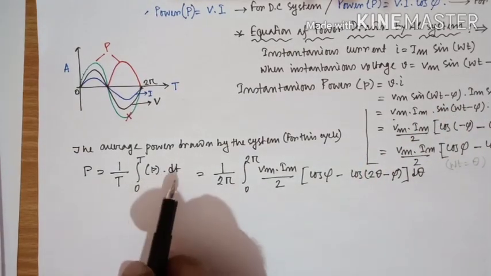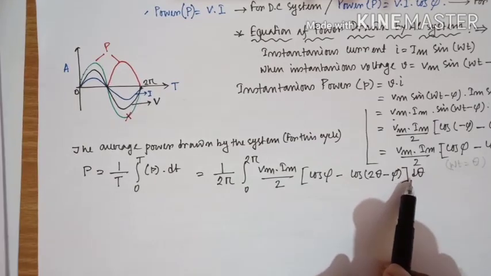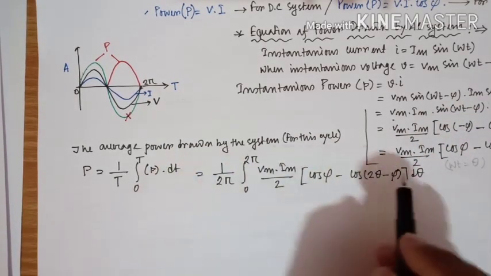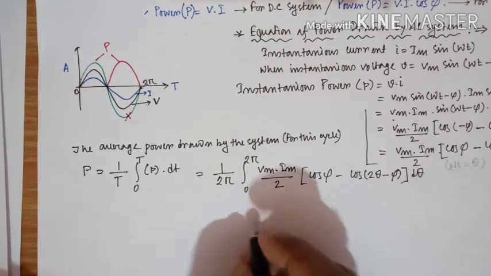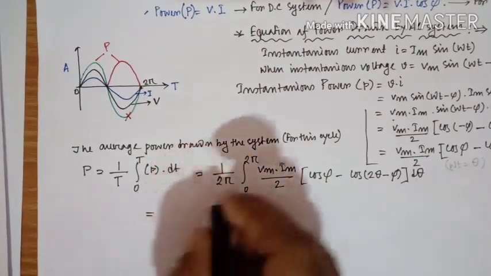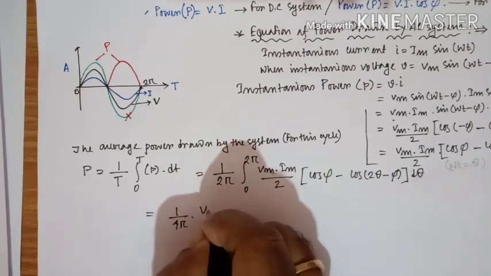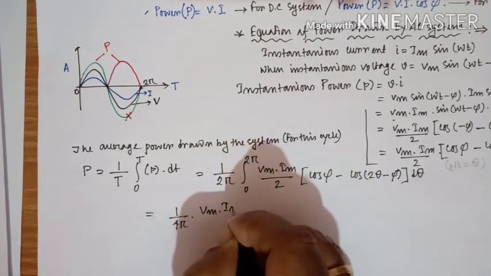So here the integration will be done with respect to theta. We have changed that one. Okay. So I can write down 1 by 4 pi into Vm into Im